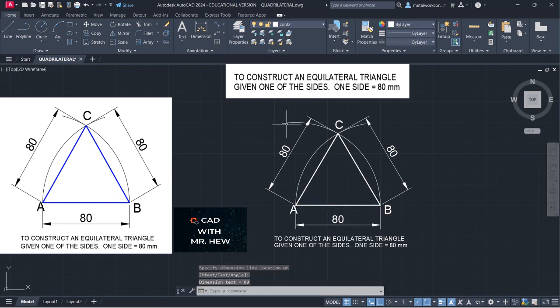Okay, what we're gonna do, we're gonna break this arc, right? So we're gonna go to the modify ribbon. I'm gonna select break. We're gonna click on the object. Then I'm gonna break it right here. Enter. Then I'm gonna select this arc and delete it. Likewise, we're gonna break it here also. So I'm gonna select this arc,